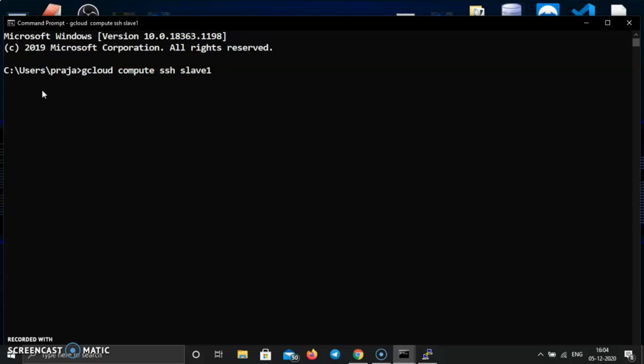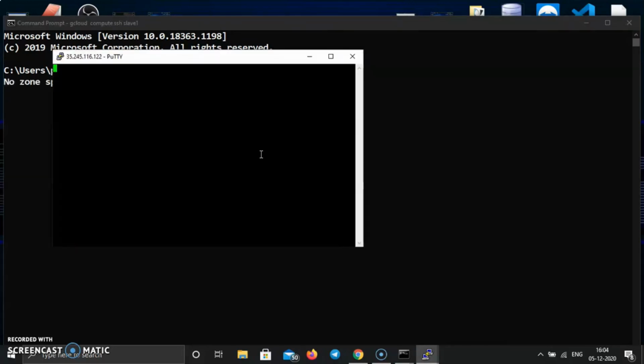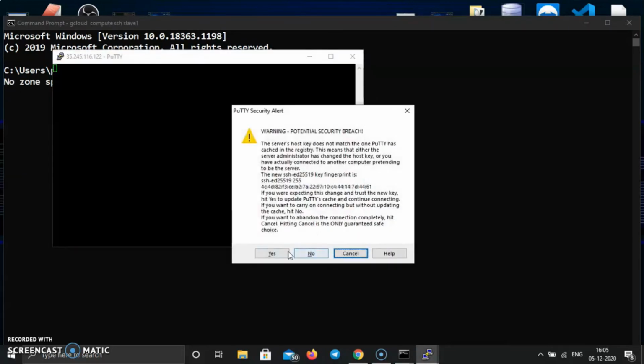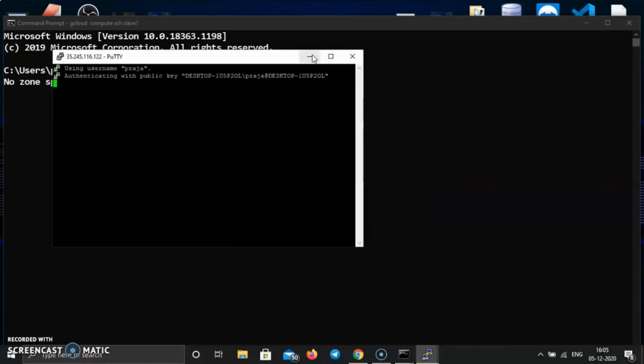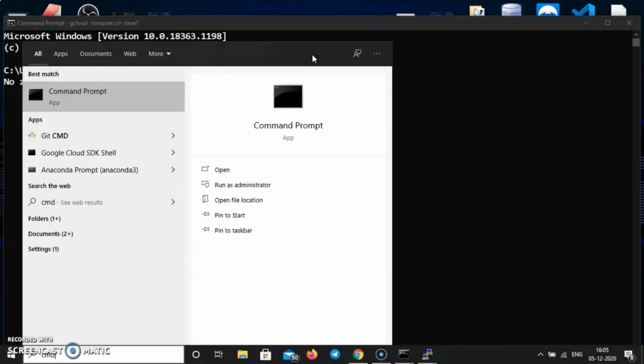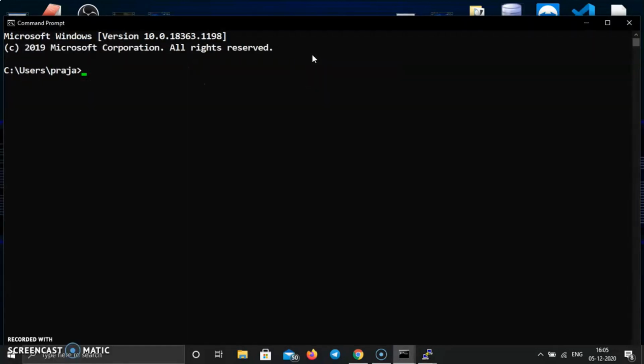This will again open in PuTTY. Click on yes to save the keys, and I am going to do the same thing for the third node, that is slave 2. So gcloud compute ssh slave 2.